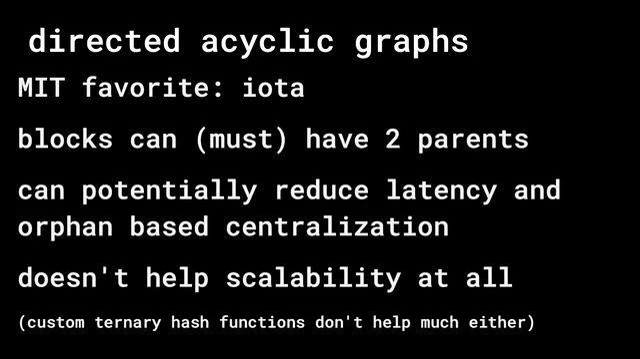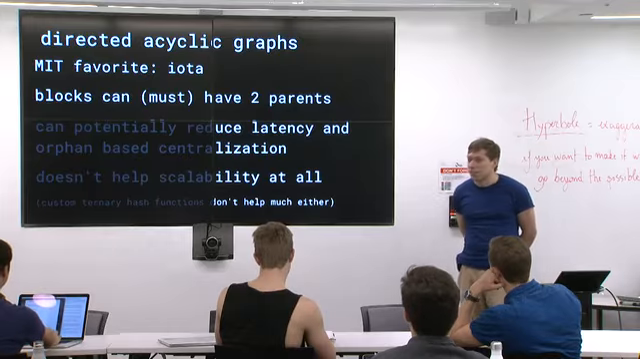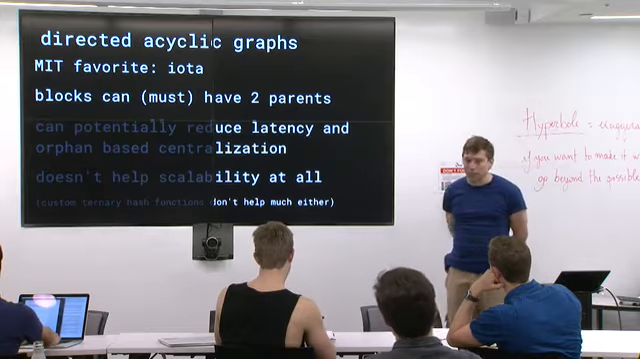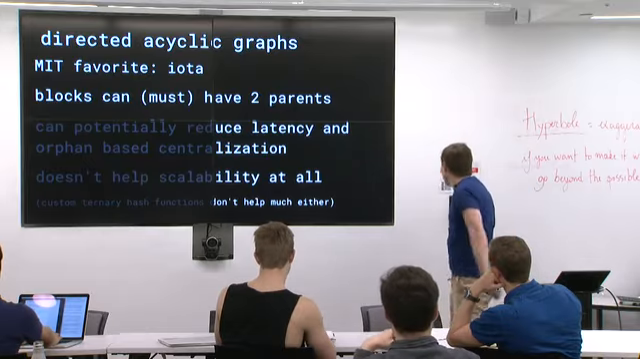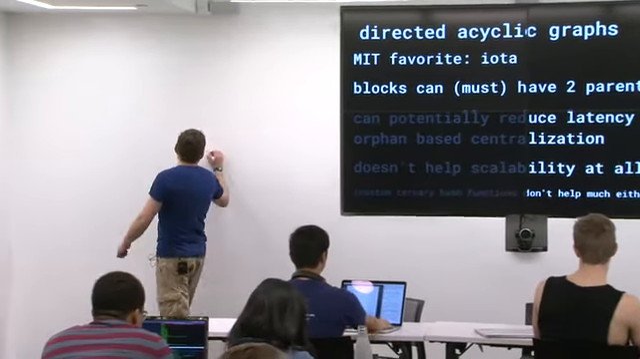So a perennial MIT favorite, IOTA. They use a directed acyclic graph, and a chain is also a DAG, because it's directed, there are no cycles, and it's a graph, but a pretty simple one. But the idea is to have multiple parents, right? So if you have a block,